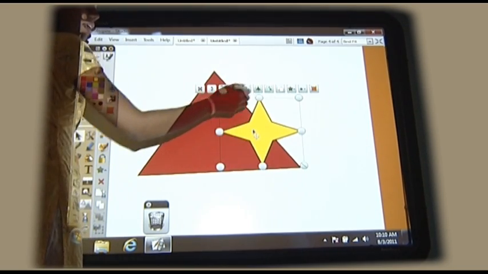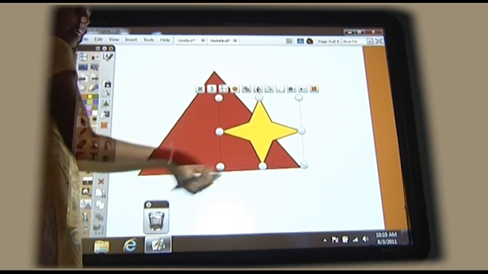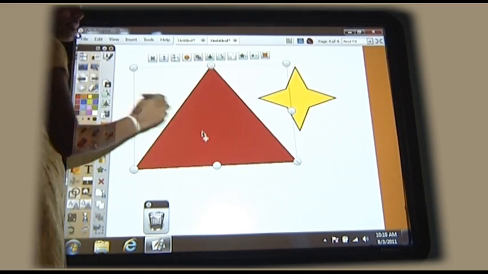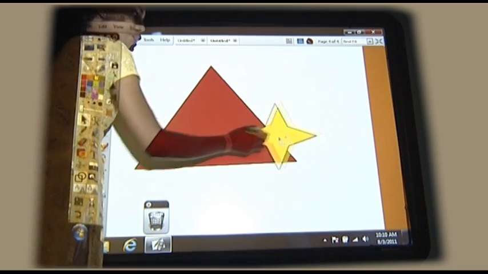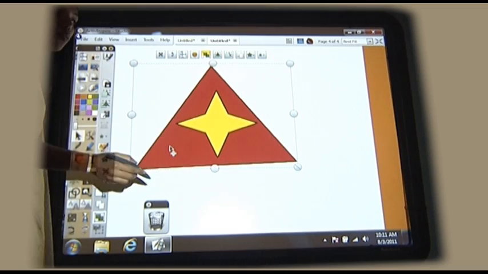If I want the star in front, then I can keep it at front or send it behind or again get it in the front. So bring forward and send backward options are there. Now if you have drawn any object, any symbol out of this and you want 3-4 duplicates out of that,